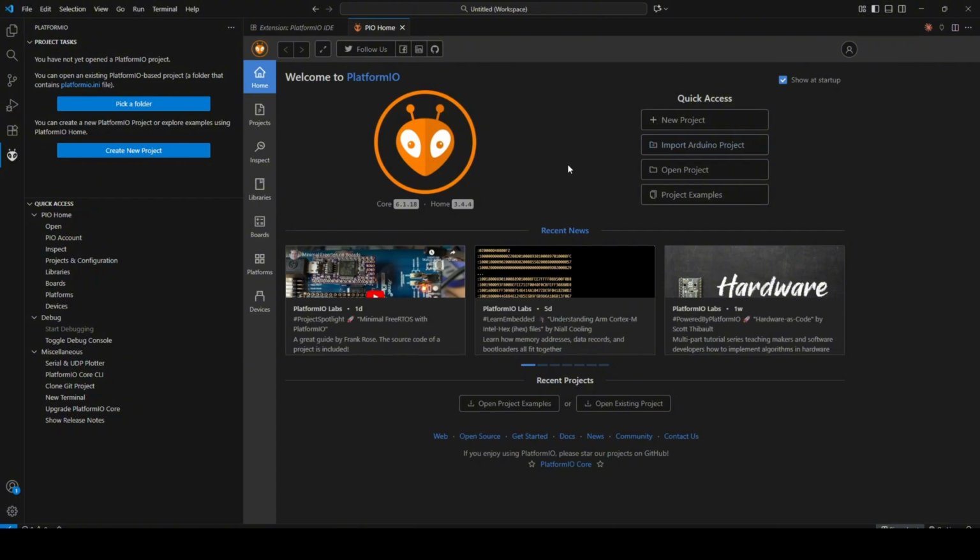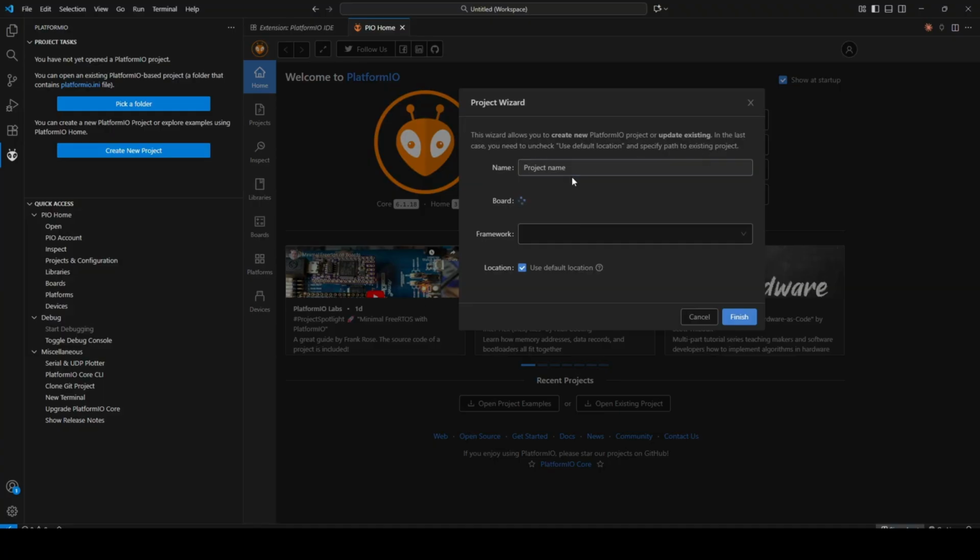So in here, I wanted to explain if you import Arduino project, that will actually put all of the folders into your OneDrive on your local computer. The issue for me is I'm running a Git repository and all of the local files got moved there. So what we're going to do is a new project,